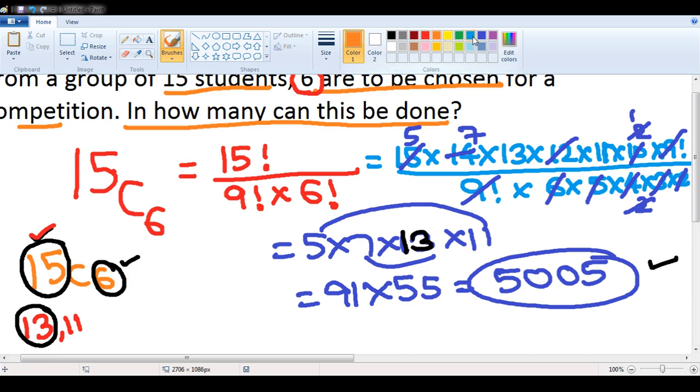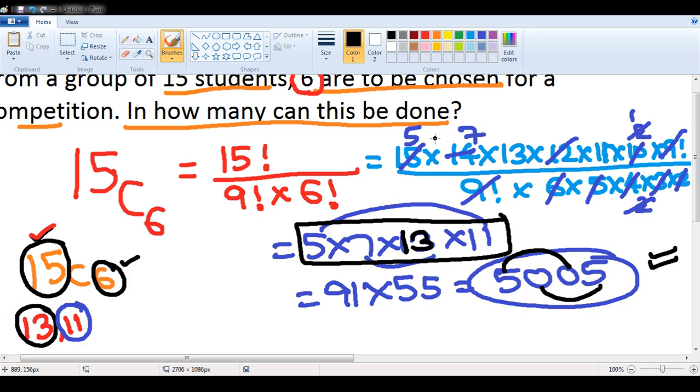Or in other words, whatever the answer that you are getting, that answer should be a multiple of 11. Definitely 5005 is a multiple of 11. Divisibility rule of 11: yesterday I told you that the sum of the odd places, 5 plus 0, is equal to the sum of the even places, 0 plus 5. That means instead of wasting your time writing all these things in your examination and then simplifying,